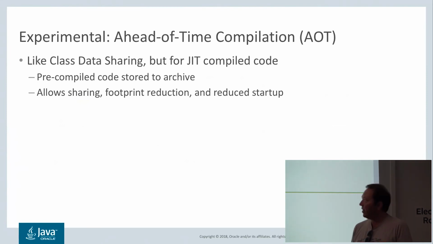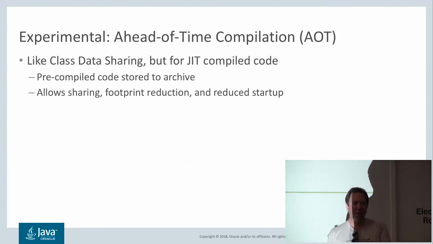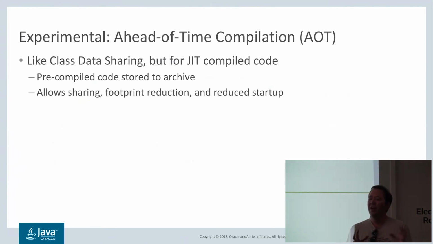And AOT, we have experimental functionality to do AOT compilations. So basically, you take your Java application and you say, compile this down to native code, and do that in a way that is highly optimized. And that obviously allows you to reuse it, so the online JIT won't have to do the same amount of work, at least. It turns out that you still want to do online compilation later because that's the way you can get the best performance. But at least it can start out in a better place. And obviously, by storing it on disk as a sort of shared library again, you can reuse the library and get the memory footprint savings as well.